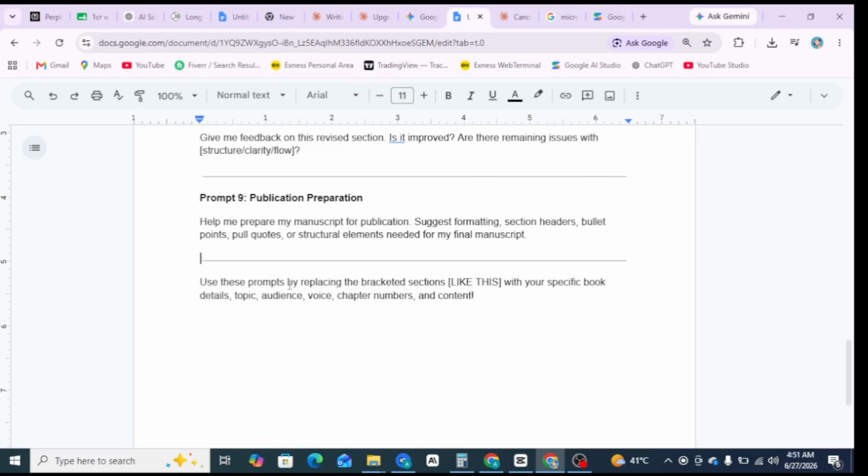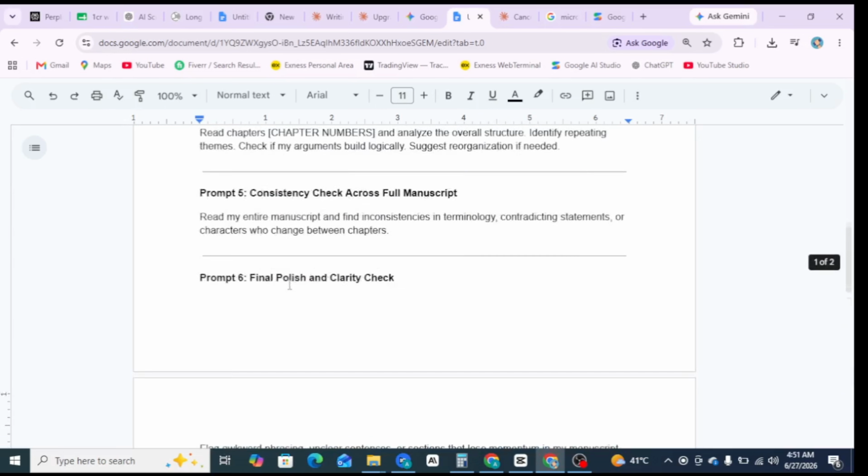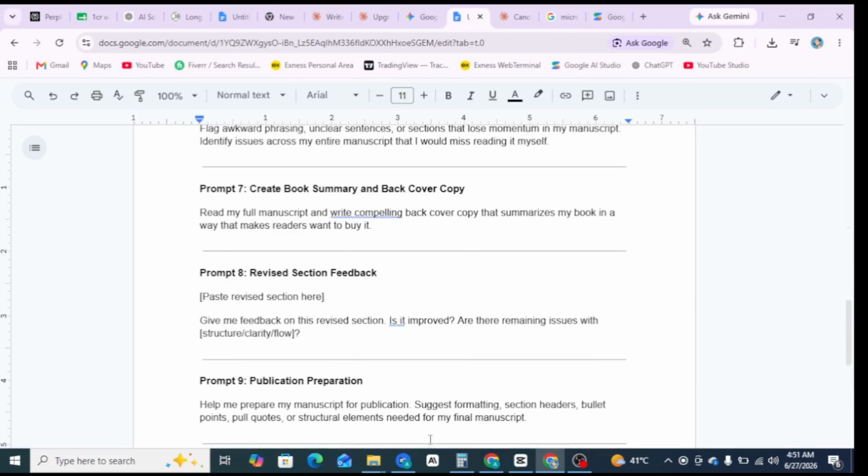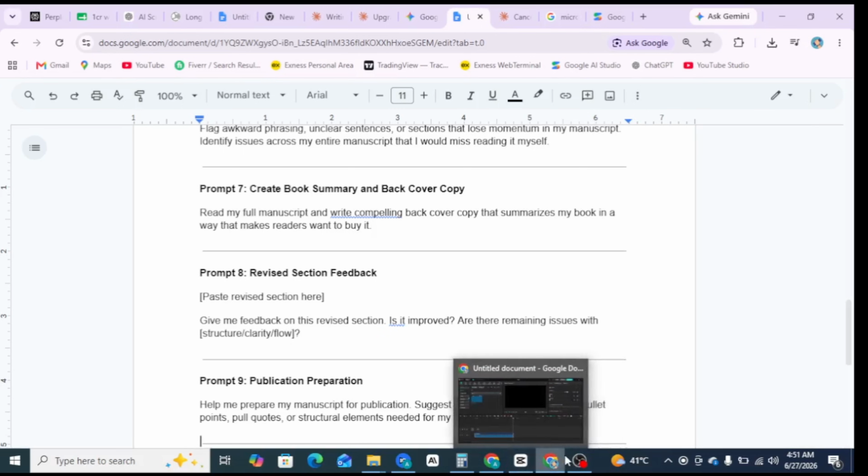So to recap, write your one-page concept document, do your research, create a detailed outline, create a Claude project for your book, upload your concept and outline. Write a detailed prompt defining your voice and goals. Share chapters one by one and ask for specific feedback. Iterate with Claude through multiple revisions. Ask Claude for structural analysis across multiple